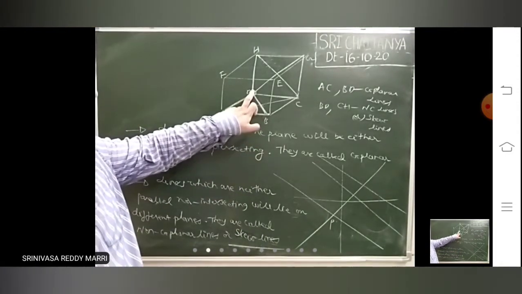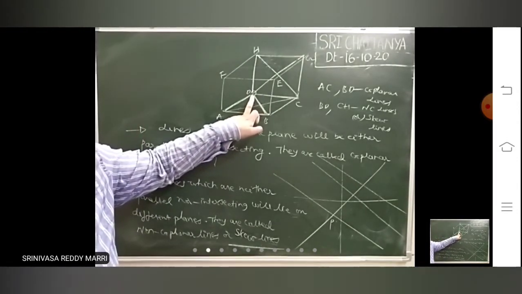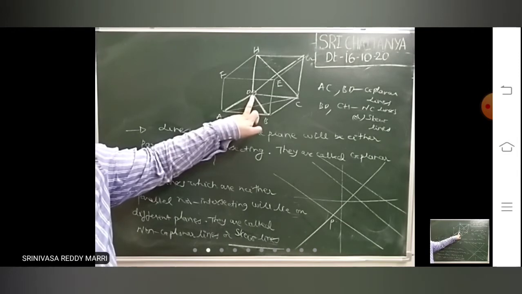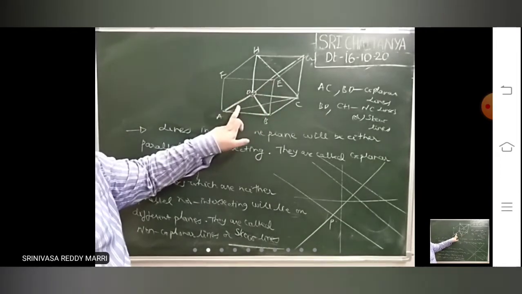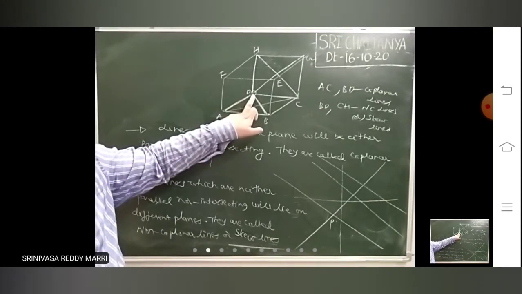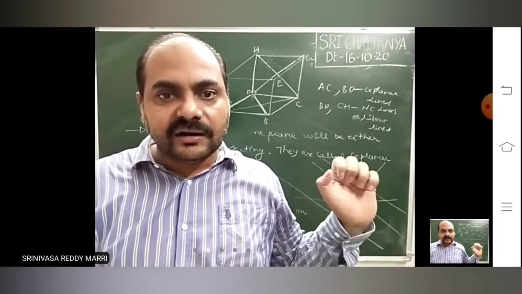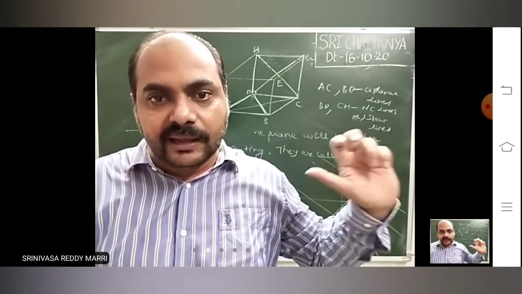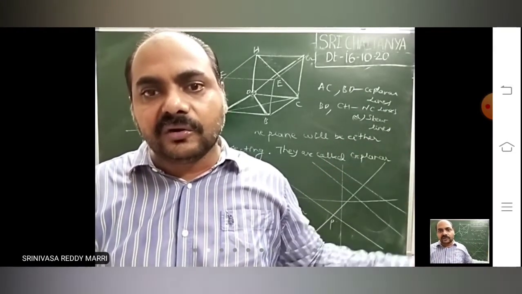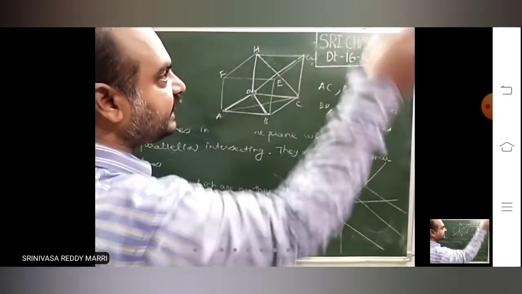Now, if you look at BD and DG, they are intersecting at D. Such type of lines are what? They are not skew. They are intersecting at some corner. So those are intersecting lines. Of course, they are lying in different planes, but they are intersecting. They are not skew lines. Lines which are neither parallel nor intersecting are called skew lines. Generally, they will lie in different planes. They are also called non-coplanar lines, right? So like that, whenever you are taking this example, you take your room.